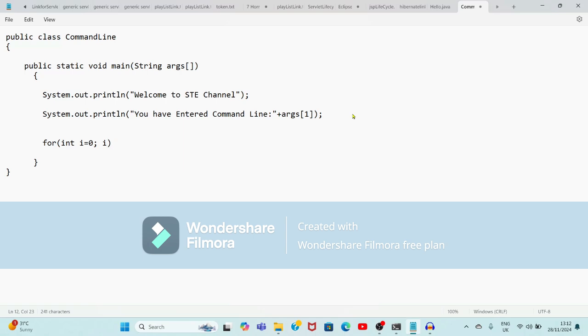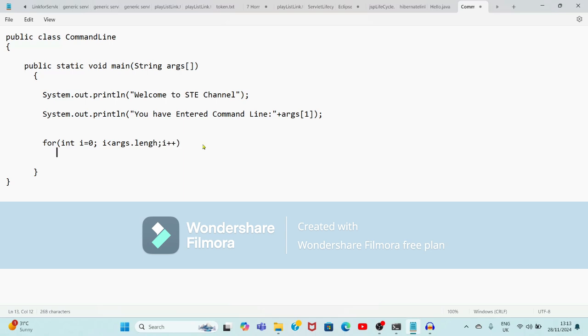I will give the condition i is less than args.length, so the for loop will run up to the length of this array. And here I will increment i plus plus.